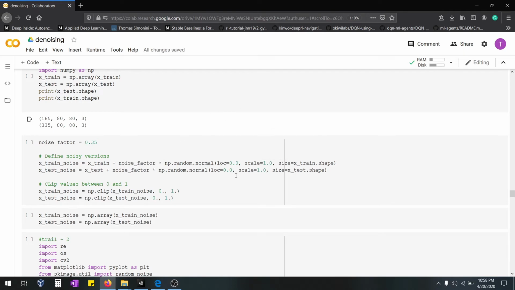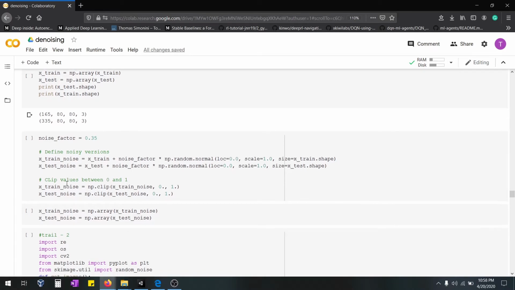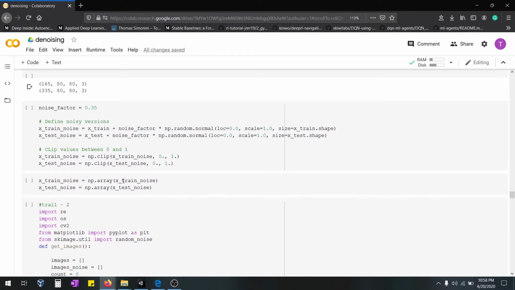This is the function which every paper, the official paper and others, use for adding noise to the image. You can control it with the noise factor, and this function will add noise to the images and we're going to store it in a new variable. Now this variable contains the noisy image. Still we're going to clip it, to make it into the proper shape. The image should have a shape which we can feed into the model. Then I'm going to convert this into a NumPy array.